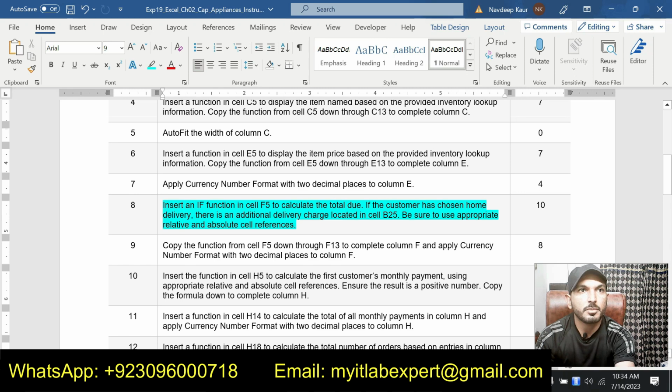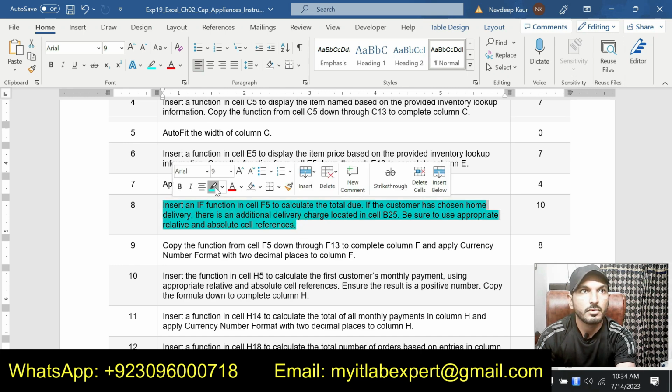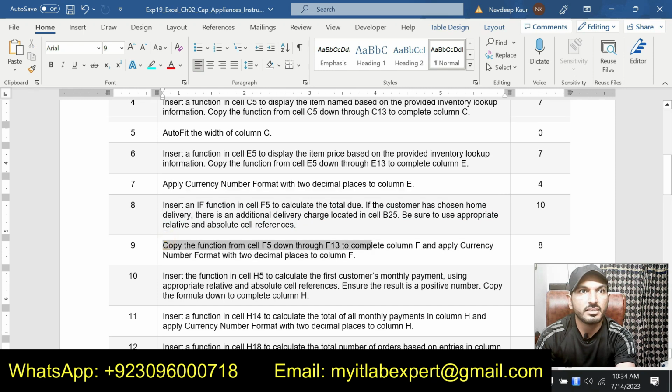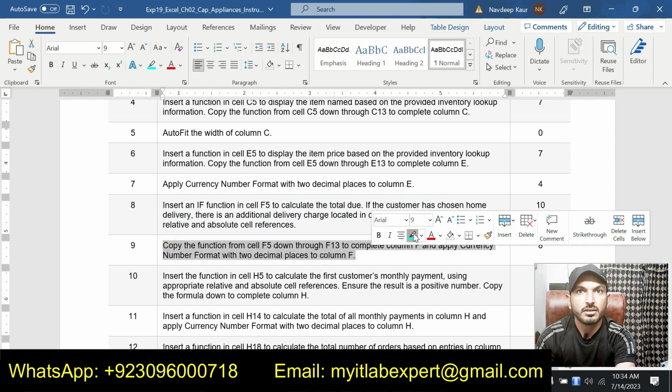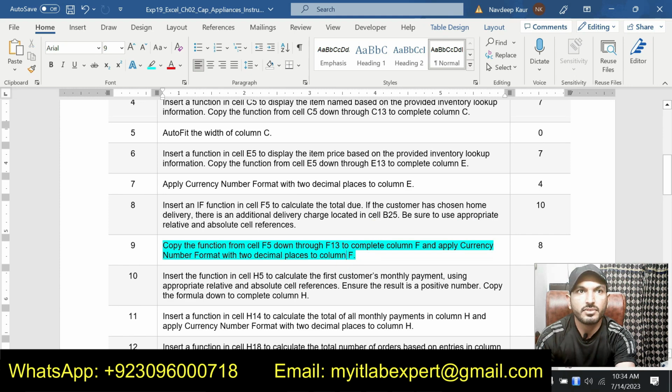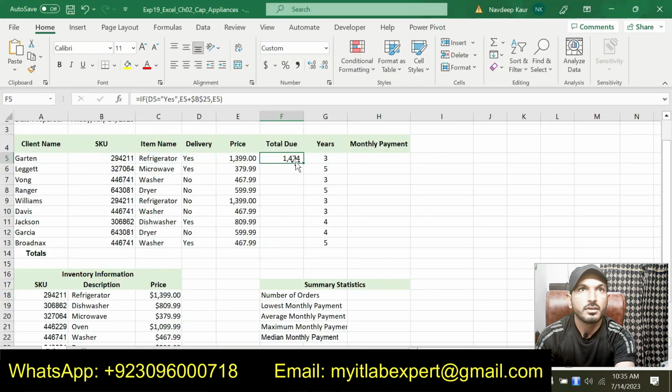For the remaining steps I will just give you an overview because I have shown you 9 steps so far. So copy the function from cell C5 through F5 through F13 to complete column F and apply the currency number format with 2 decimal places to column F. First we will copy this function down column F to get the other values.